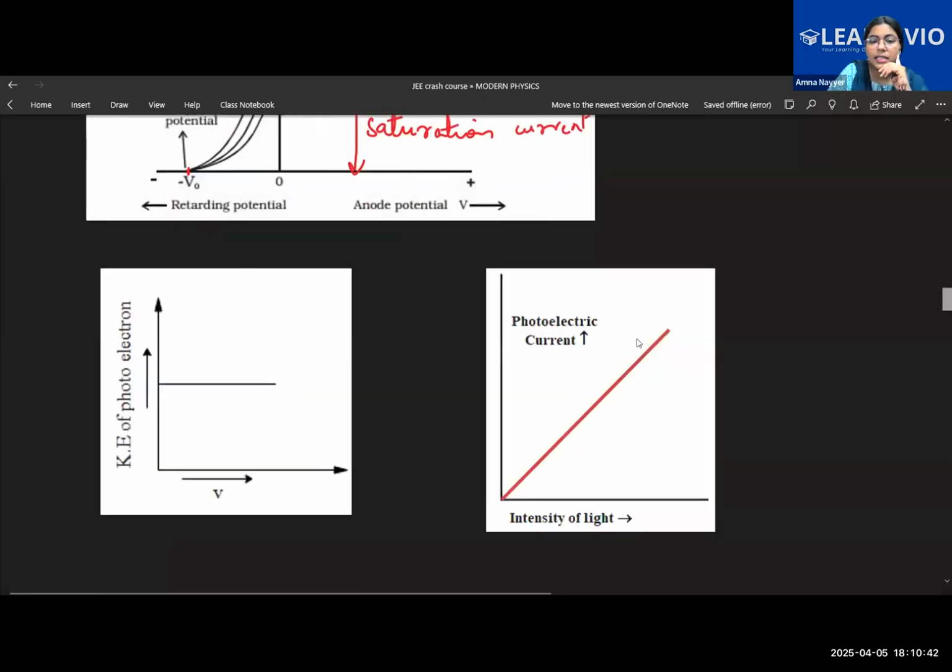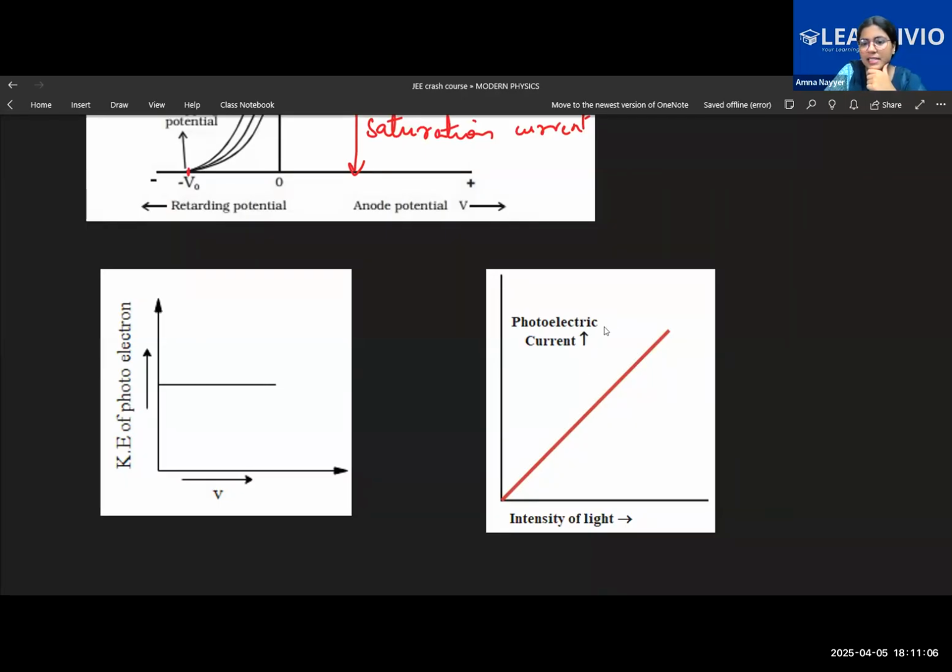Now, these are two important graphs. This has come as a theoretical statement. These graphical questions have come in the form of statements, assertion, reasoning questions. Statement 1 and 2 are given; 1 is true, 2 is false, like this. Just theoretical statements have come from these graphs. So what you should know, first of all, let's discuss this graph.